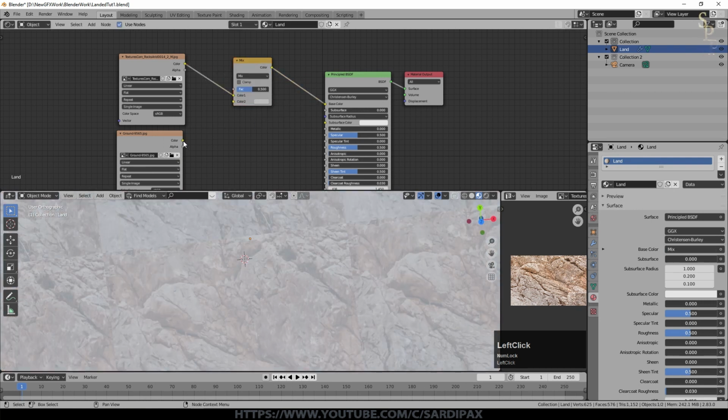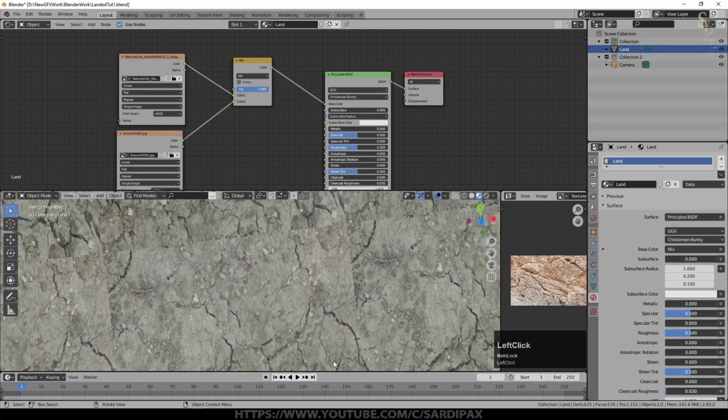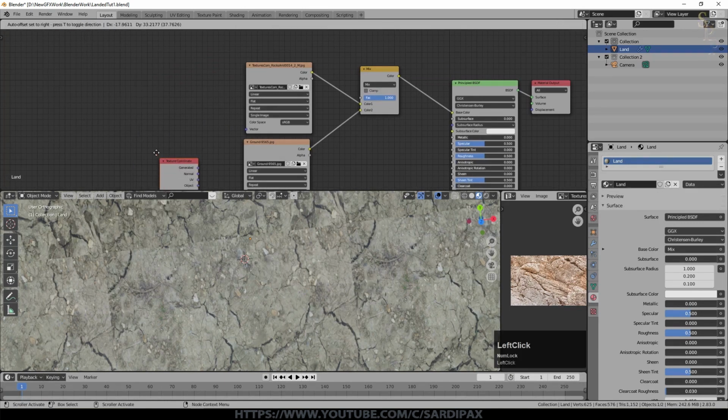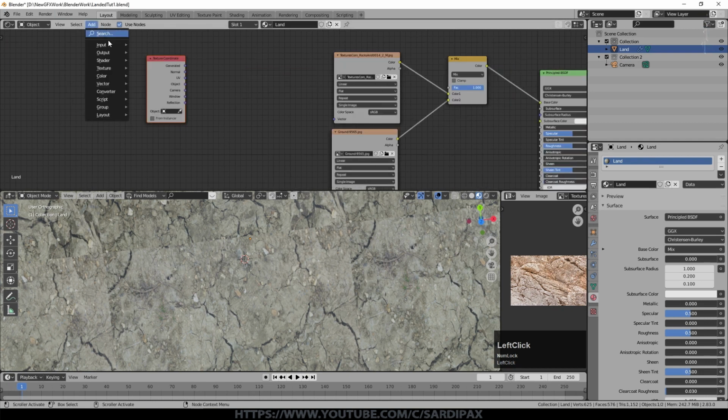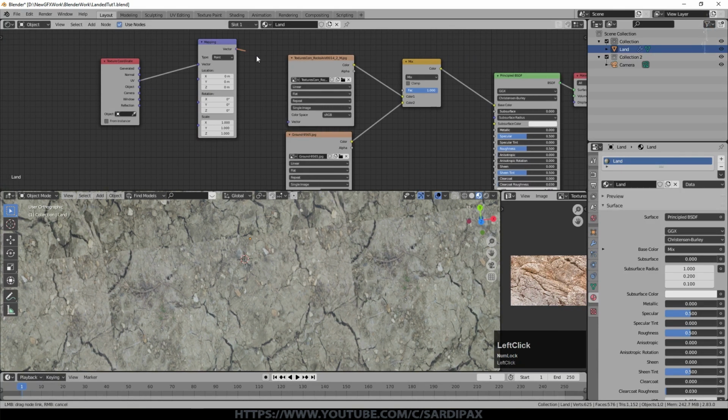And I'm going to put my other ground texture into the other side of that. So all the way over to one side, we see the rocky texture. All the way over to the other, we see this sort of cracked mud texture. Next thing I'm going to do is add an input, which is a texture coordinate input. And I'm also going to add under vector a mapping node, take the UV out of there and put that into there, and then take the output of that into the vector input on the first texture.